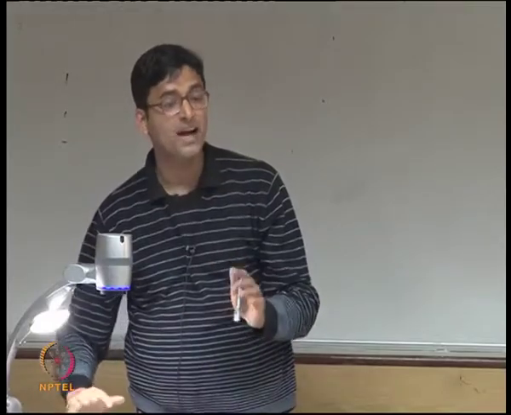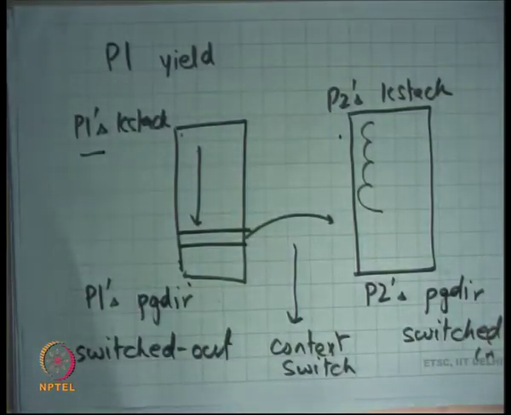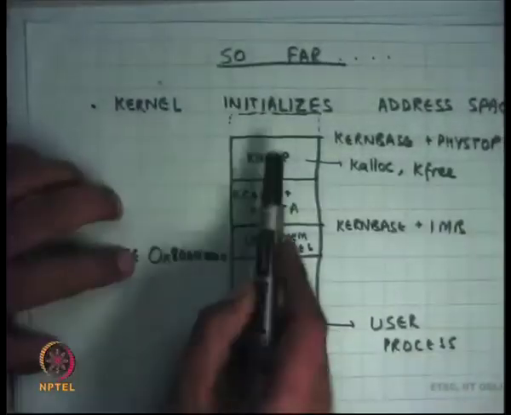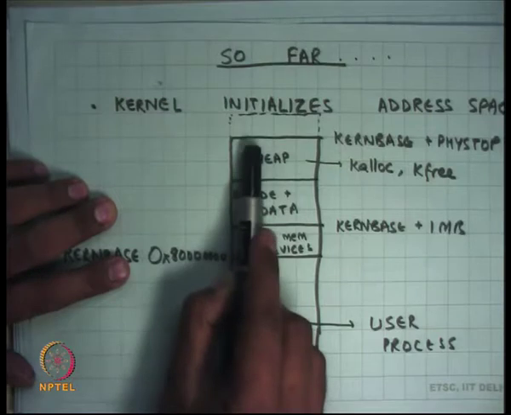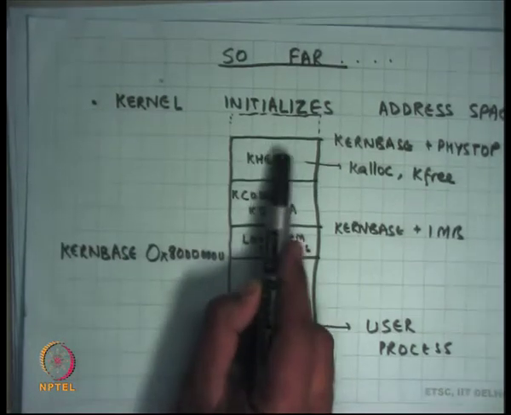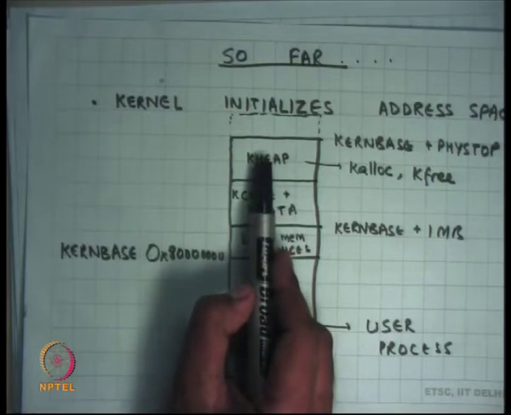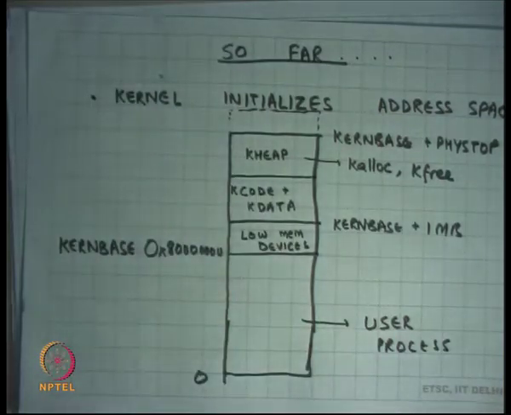But that does not mean that they have the same page directory, right? It's the same space from which they have allocated different regions for different processes. So in the same K heap, there will be one page for P1's K stack and another page for P2's K stack. There will be yet another set of pages for P1's page directory, right? And yet another set of pages for P2's page directory. These have to be completely disjoint structures, right? It's in the same space, but they have different areas that have been allocated for different processes.